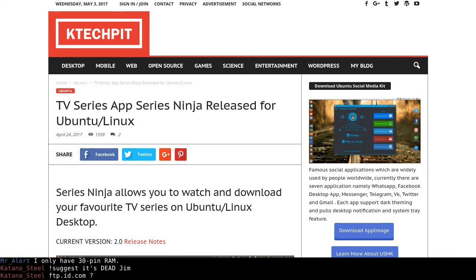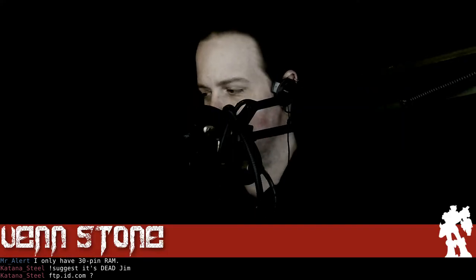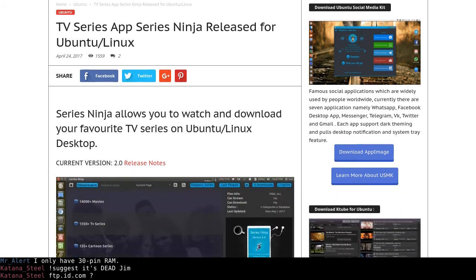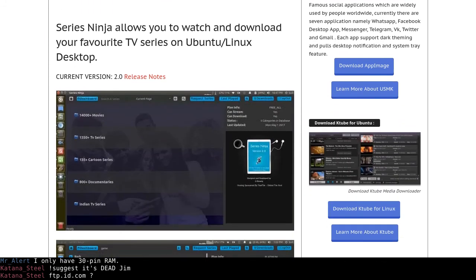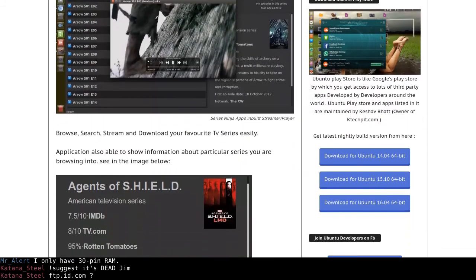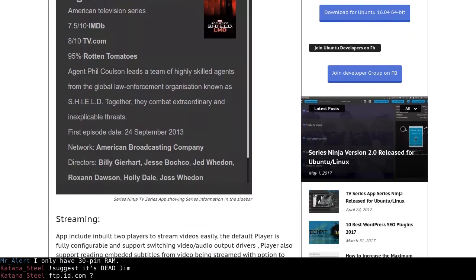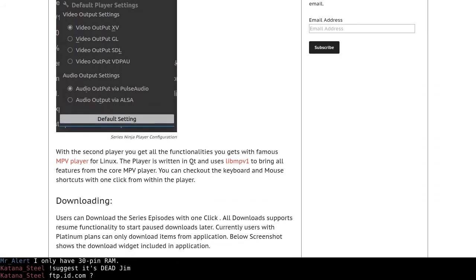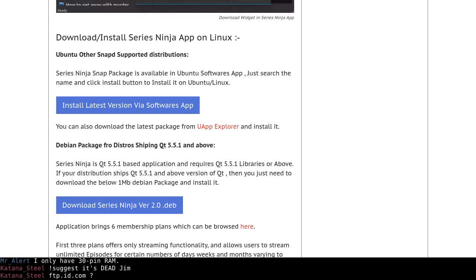But hey, TV series app, okay, check it out. The only reason we're going to talk about this is because piracy's legal in Portugal and these people are pants on heads retarded. Again, legal is a stretch, but yeah, no. This is an app for Linux called Series Ninja, and it basically does the same thing that Popcorn Time used to let you do. You pick a series, and on the back end it'll do a little torrenting to get the series, and on the front end, you can just stream the files.